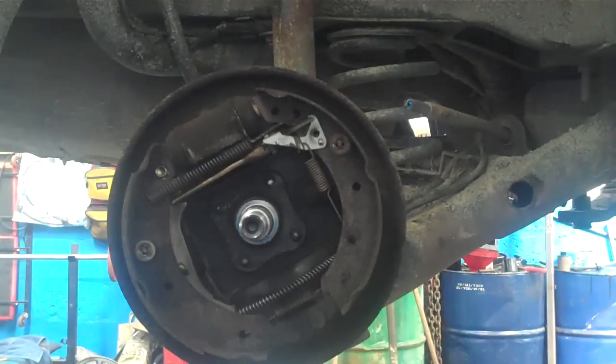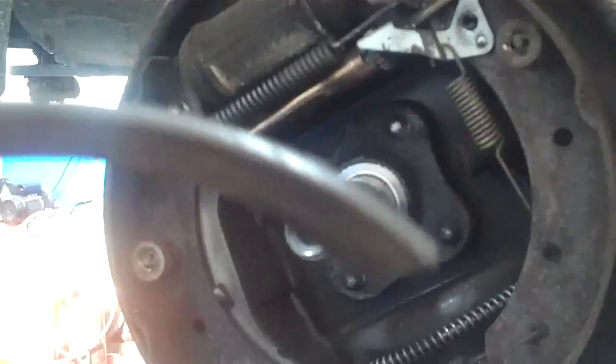Use the wheel as a sort of leverage tool, you know, so you see here the liners come off and it's causing the brake to jam on. So if your brakes are jamming on your Renault Clio, it means that the liner just came off the shoe. So when you see the liners,